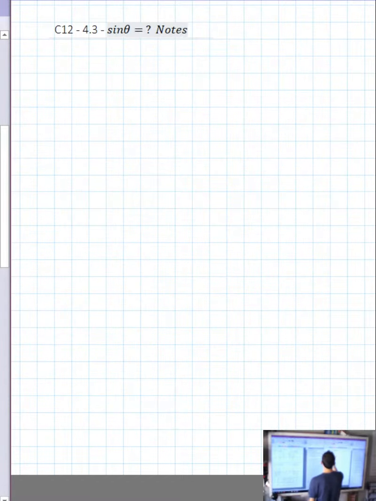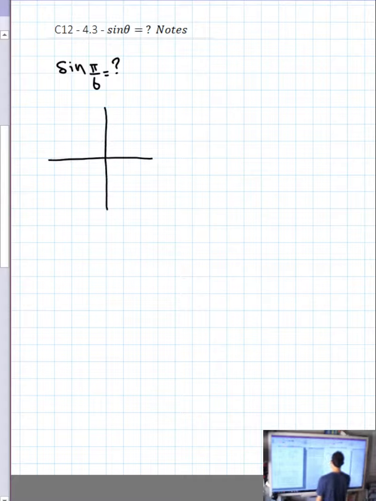Okay, let's take a potential question. Sine of pi over 6 is equal to question mark. Well, I'm going to draw an ASTC graph like I always have. I'm always going to mark 0. I'm always going to mark pi. I'm always going to change pi to be a denominator that I'm working with. I'm going to break up this section into 6 sections in my head and decide 1, 2, 3, 4, 5,